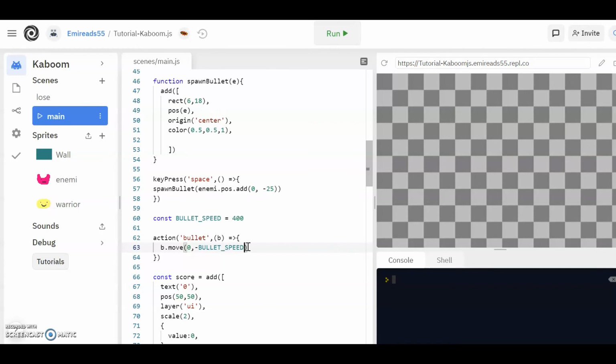Like when the bullet gets in touch with the warrior, so we're gonna use an if statement. So if the bullet position,